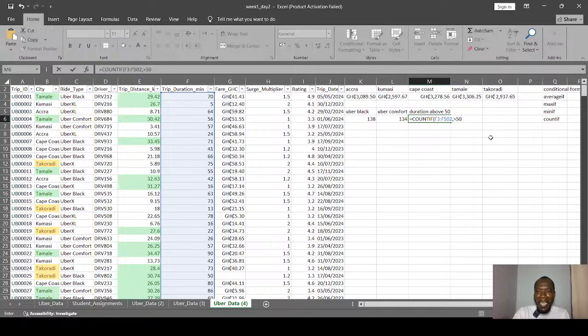Okay, so we bring our bracket like this, then we press enter, and it's telling us that no, this is an error, right? So let's find out how we can correct the error. Why didn't it give us an answer? It's because of how we wrote the criteria. Excel doesn't understand what you have written. So let's put this greater than 50 in quotation marks and see if it will understand. If it doesn't understand, then only God can help you and I.